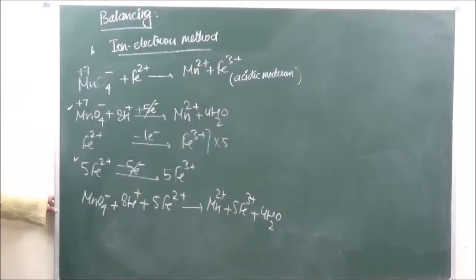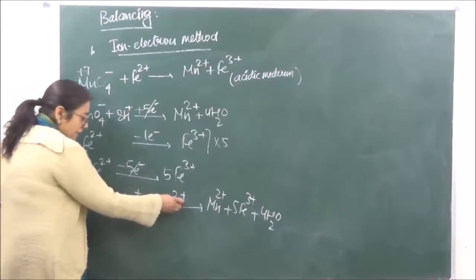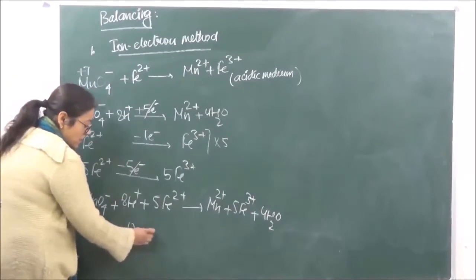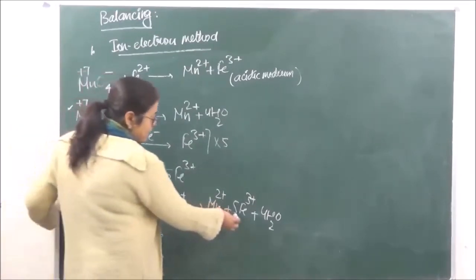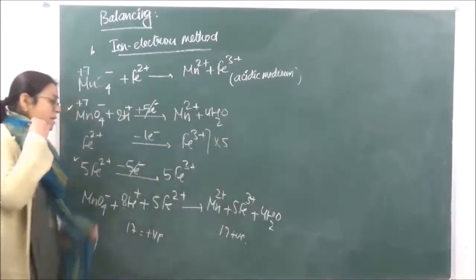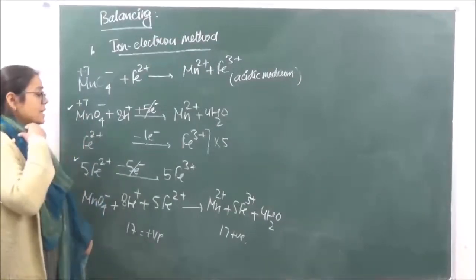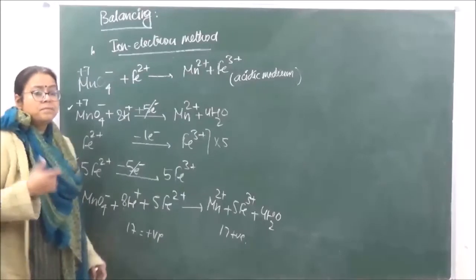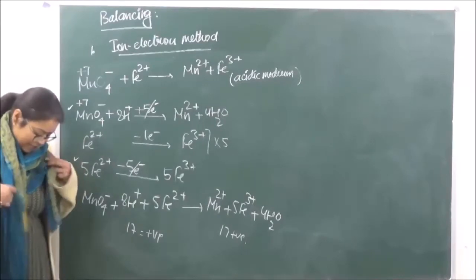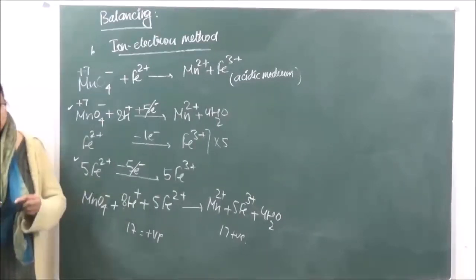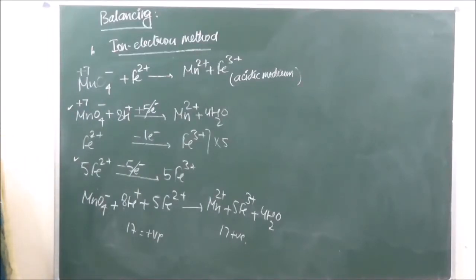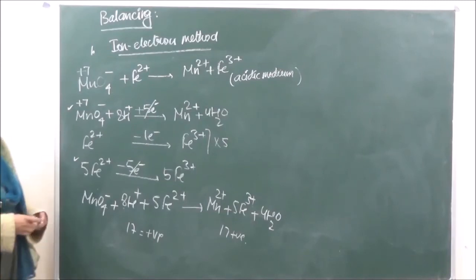Now let's see the charges. Here we have 5 2s are 10, 10 plus 8 is 18, 18 minus 1, that is going to be 17 positive charges. And let's see this side. This side we have 5 3s are 15, 15 plus 2, 17 positive charges. If the charges are not balanced, that means you are making some mistake at some point. So once your final equation has been balanced, please see to it that the charges on both the sides are the same. Is that clear? So let's take another one in acidic medium, then we will go on to the basic medium.